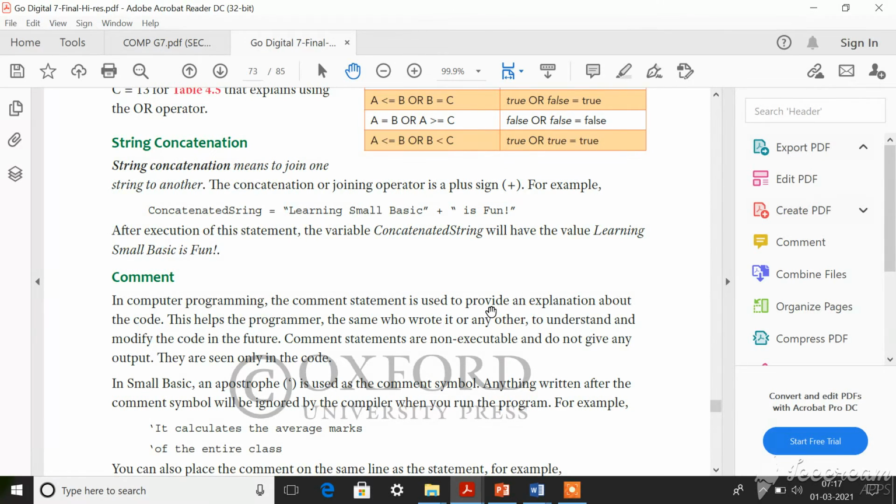So if we want to add two words, okay, that can be done with the help of this string concatenation. Okay, so two sentences or two words can be combined using this plus sign with the help of this string concatenation logic. Okay, so look at this example.